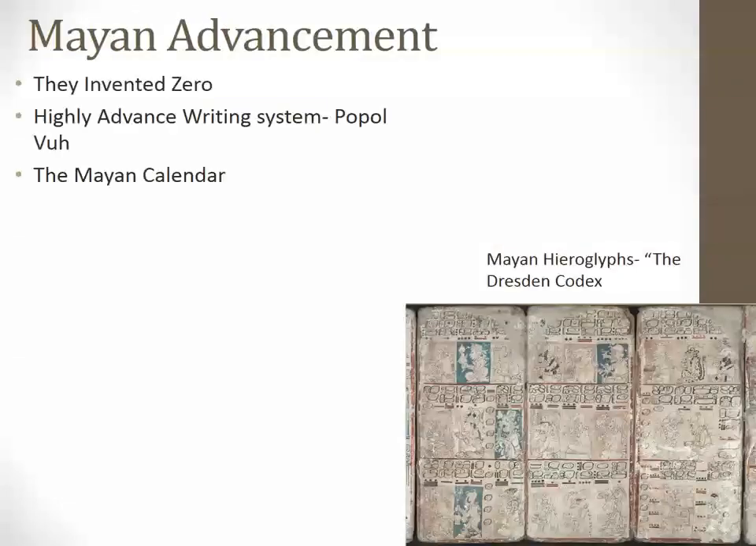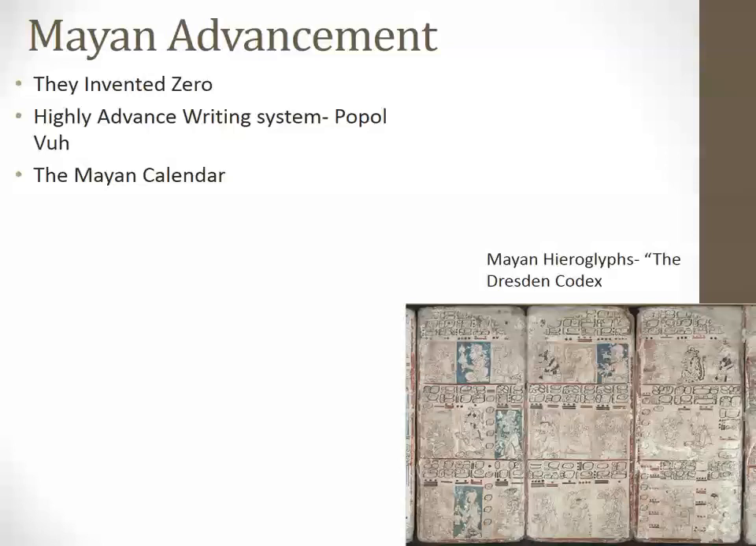The Mayans were an incredibly advanced people, completely separate from Asia, Europe, Africa, and so forth. The Mayans invented the mathematical concept zero. They had a highly advanced writing system, and the image you see down here at the bottom corner of your screen is an